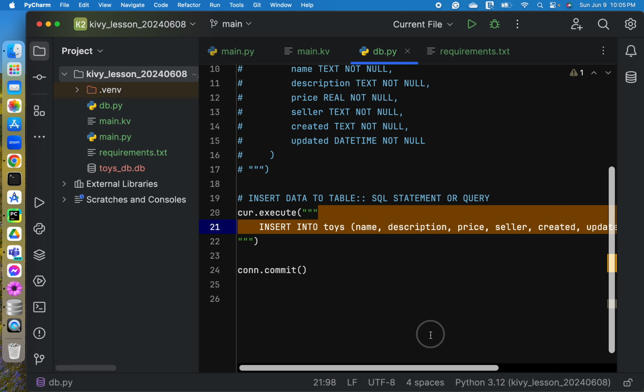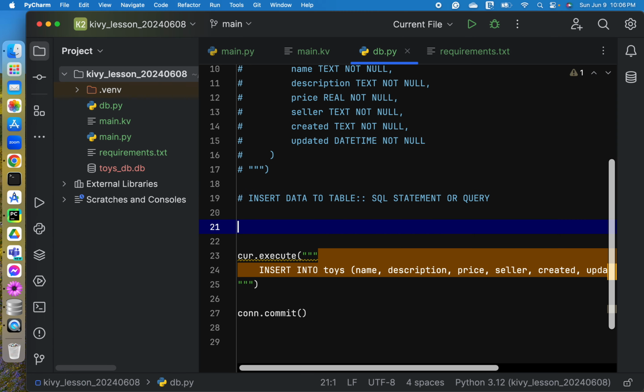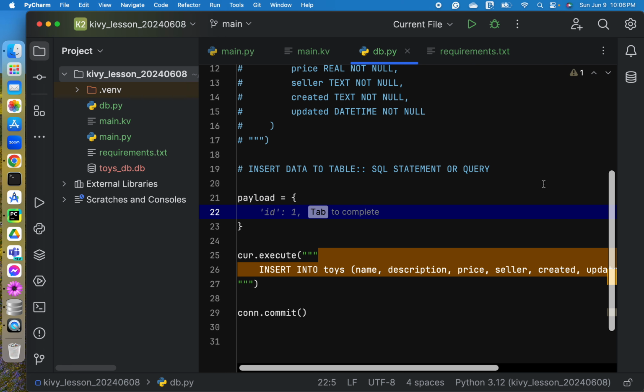And I guess that's it. Now, for the data, let's create our payload. So this will be coming from our ad screen that we have created in part 1.